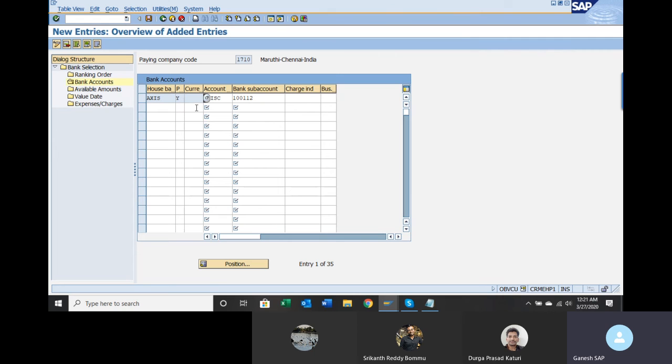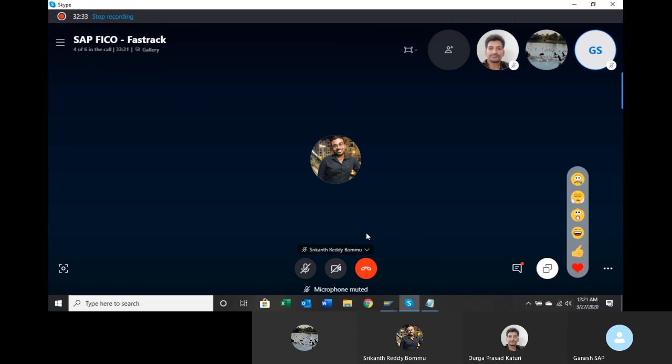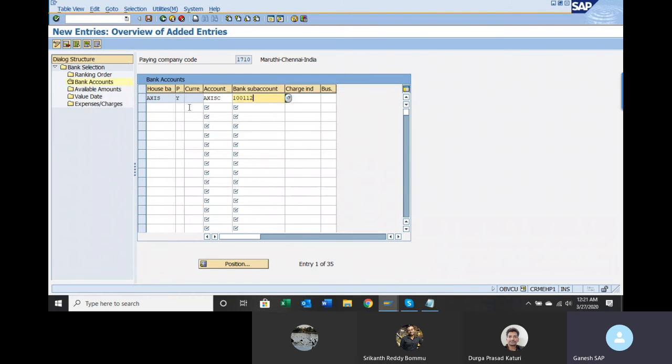So I have given currency blank because if the vendor is having a bank account, for example, you wanted to make the payment. So why am I keeping this currency field blank? For example, you want to make a payment using this Axis Bank in a currency other than INR.